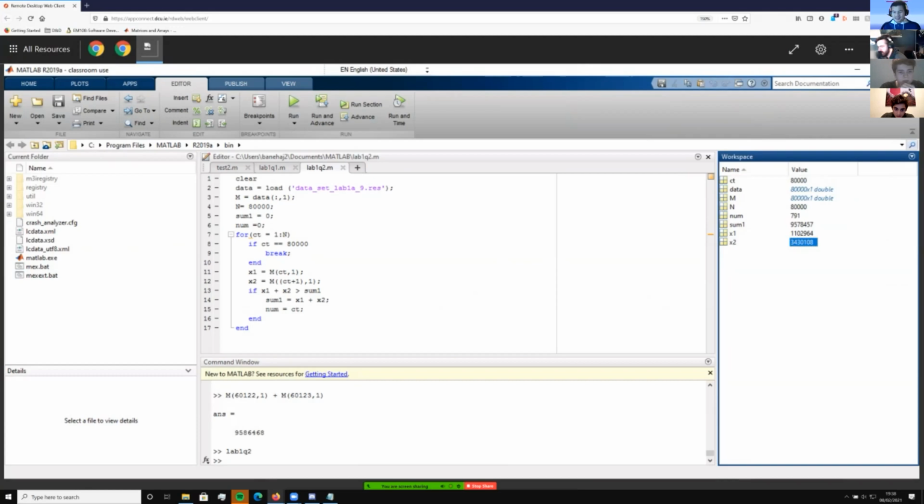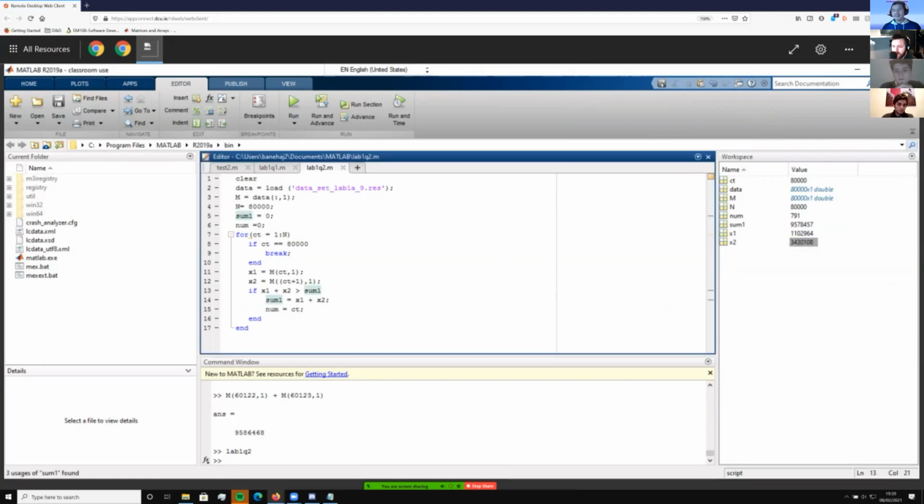Is that what you did for this one, Isam? I did something similar, but for us, we're supposed to show both numbers that you add to give you the biggest sum, or was it the product? Product was for the prime numbers. Yeah, because you actually need to save. Okay, I can do that. I'll call it X1 with a word, and then X2.